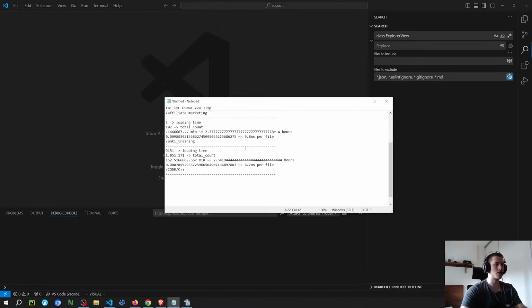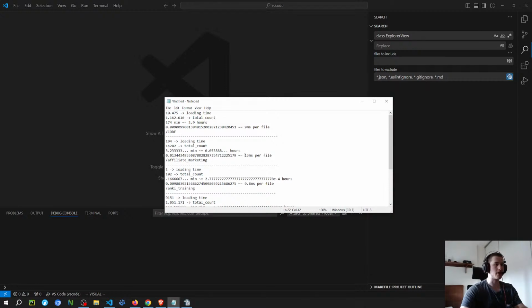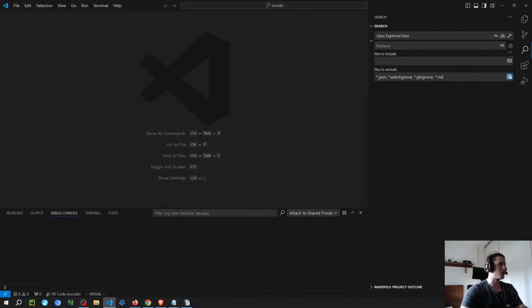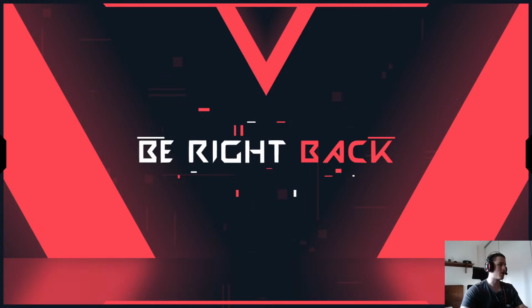And I also think that it makes sense. So even though it's weird that it takes a very long time to load, it kind of makes sense because it's still a large number of files, and the amount of time it takes for loading each file seems to be correct. So on a folder this size, if you load everything and you don't show it, it's going to take roughly 3 hours to load, even at this speed, because you just do the math, and it's a massive amount of time. But when you use VS Code, it loads very fast. So because of this,